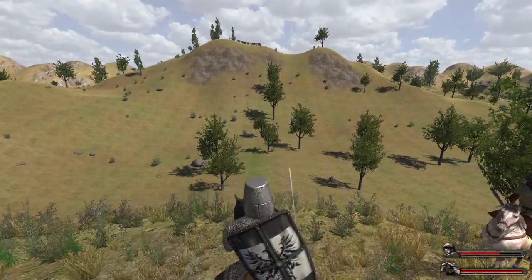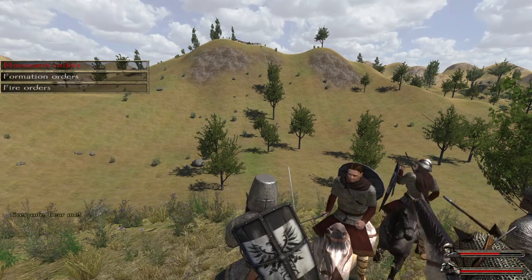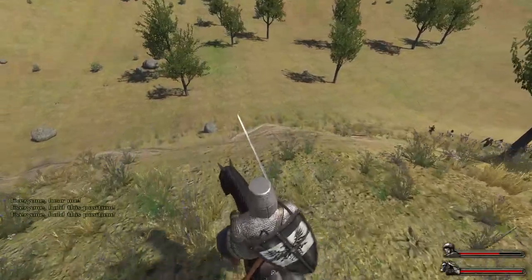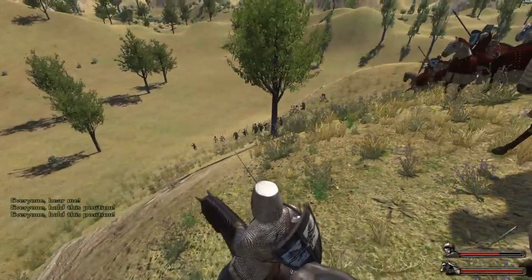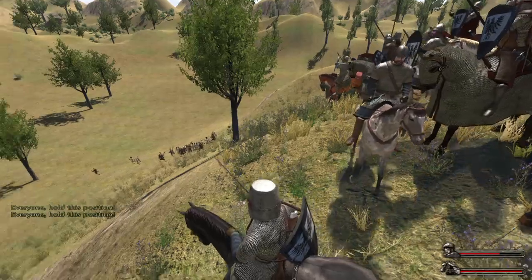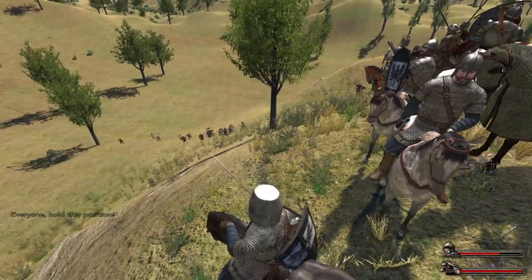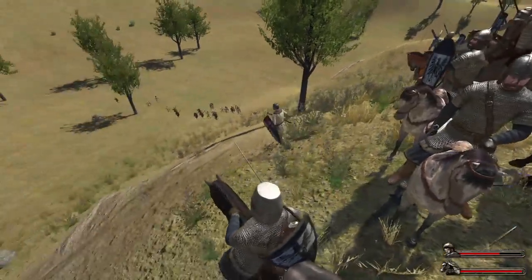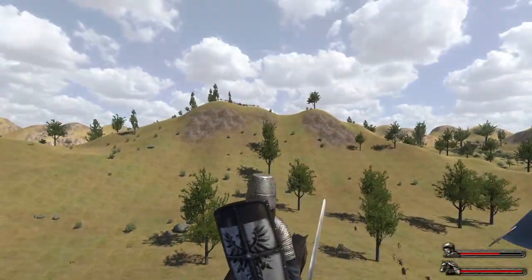Right, everybody hold here. Can they snipe us from up there? Hold this position. And look, this dickhead, this count on our team, he's just going to send his infantry in. Honestly, the allies that I have have no intelligence at all. What is he doing? Look, we're just...